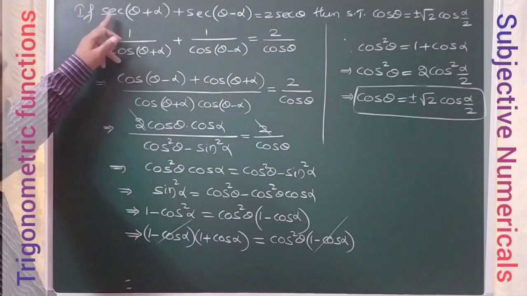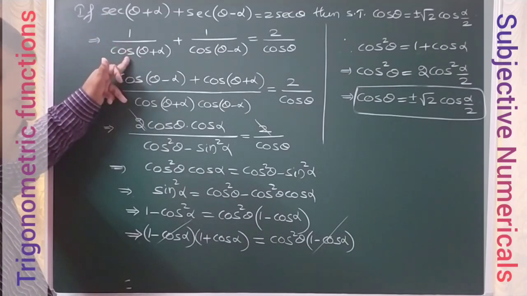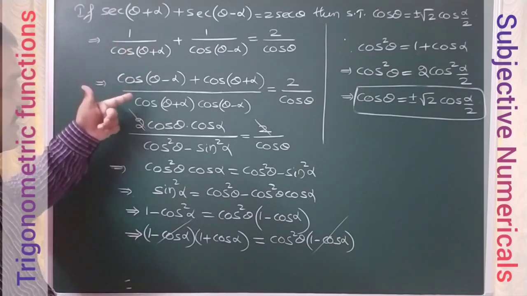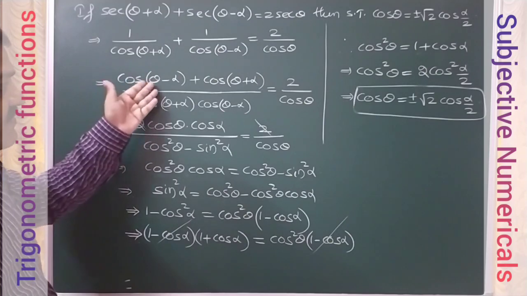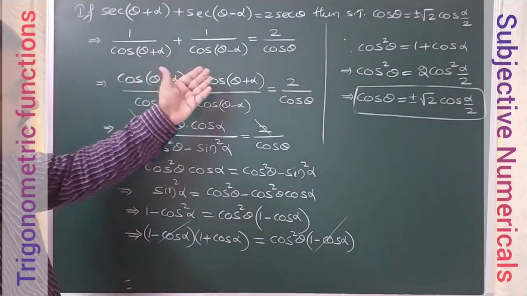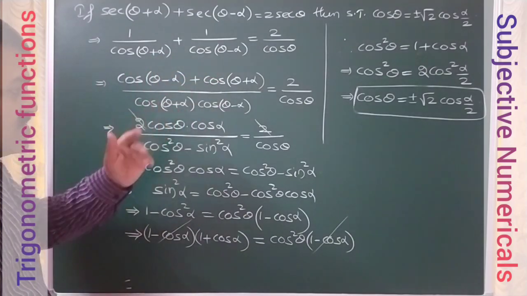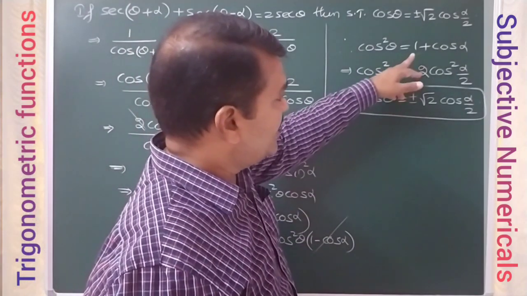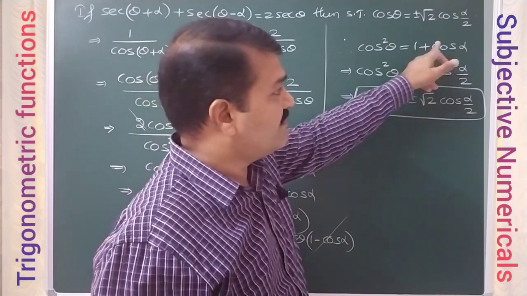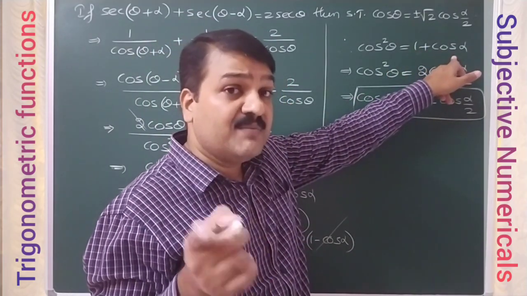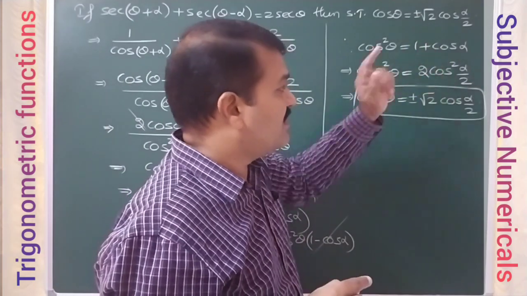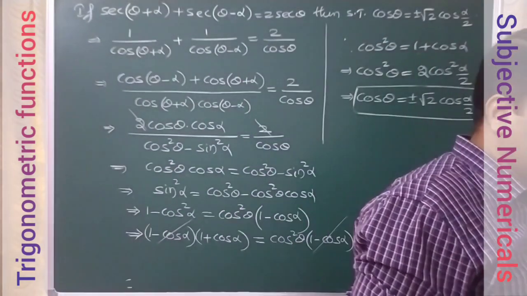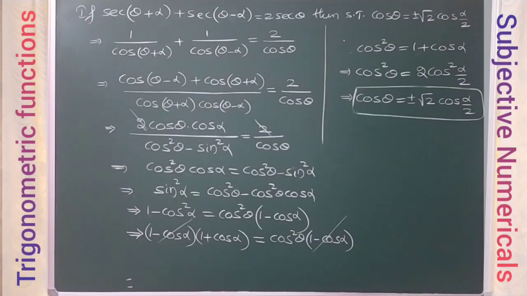So we just used that secant is the reciprocal of cos function, then the standard formulas for the sum and difference of cos A plus B and cos A minus B in the numerator and denominator, and after that the remaining part is simplification only. Here we use one more formula: 1 plus cos theta is 2 cos squared theta by 2. That formula we used. So let us discuss one more problem now.